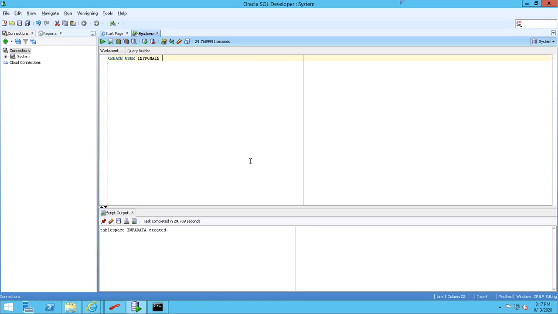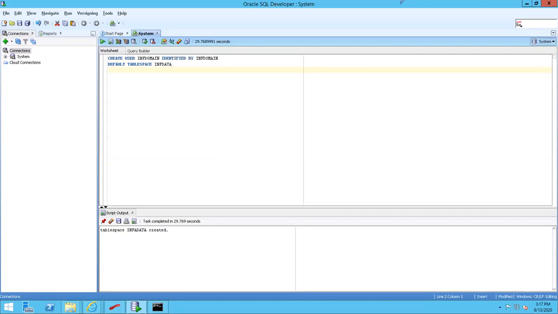Then we need to give identified by password. I prefer the username and password to be the same. Identified by password. Then we need to give the default table space. Default table space is info data.